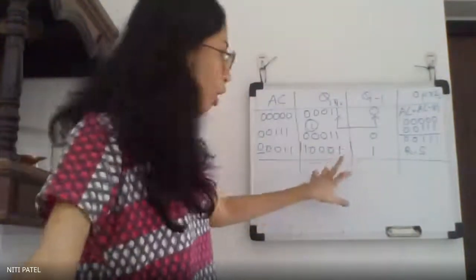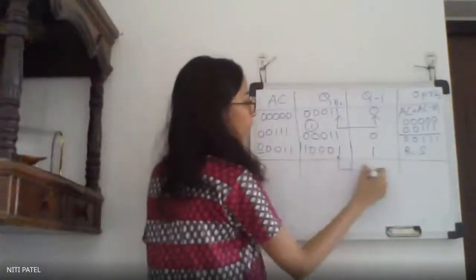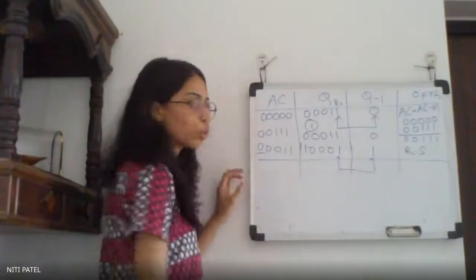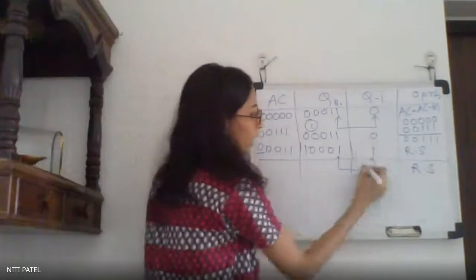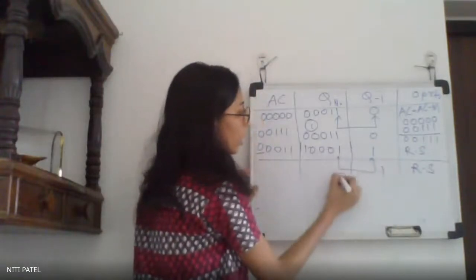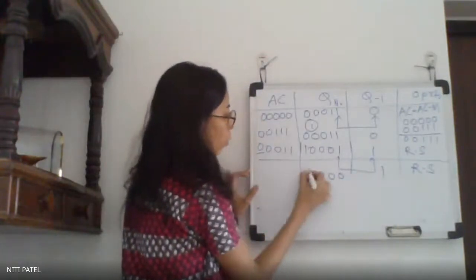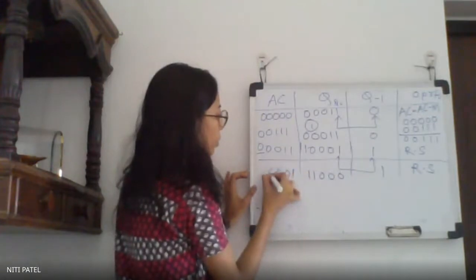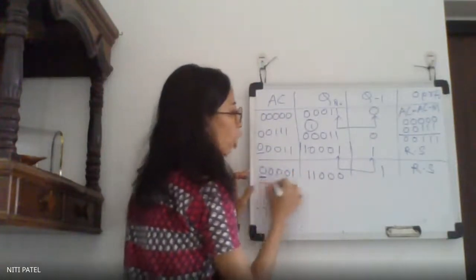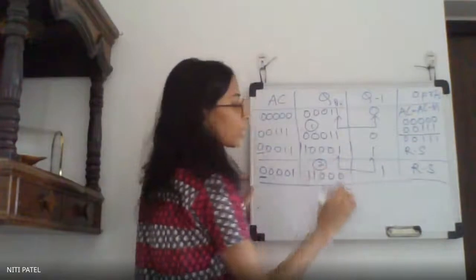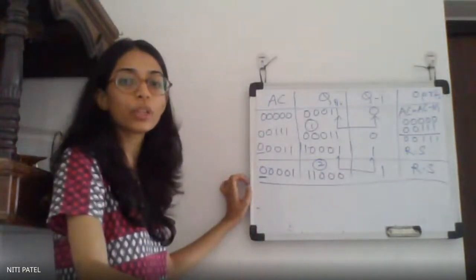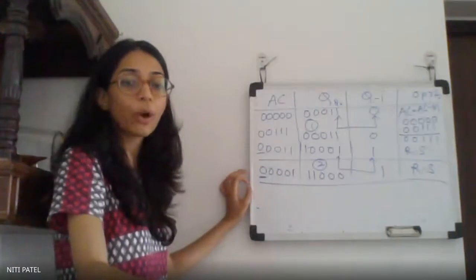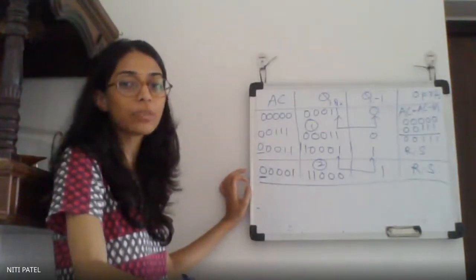Okay? So now if the value of Q0 and Q minus 1 is 1, 1, what I have to do is no operation, directly right shift. So this 1 will get discarded and the rest will shift right. Again the fifth bit will be copied. So with this we completed step number 2. Is my count equal to 0? No. So I will keep on doing this until my count becomes 0.